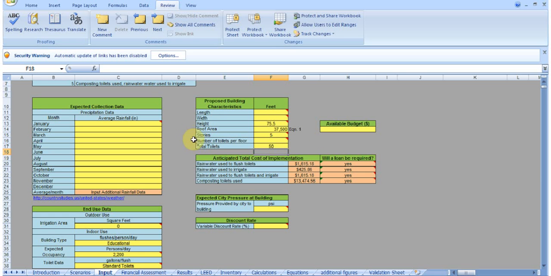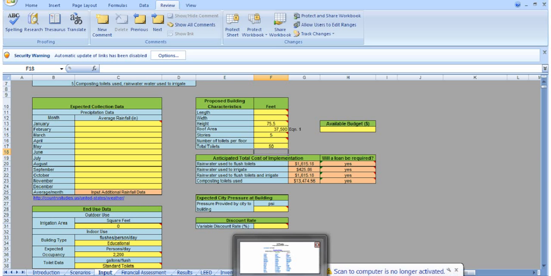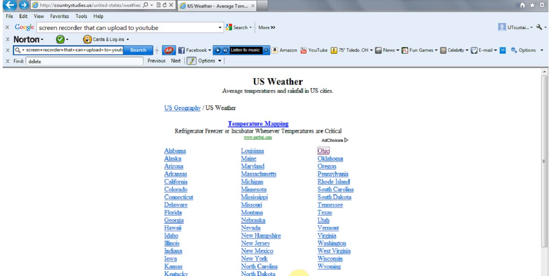Now that we have some building specifications, in order for a rainwater harvesting system to be analyzed, we need some rainfall data. That is where this expected collection data category comes into play. The collection data can be attained through this link, which takes you to the U.S. weather site. We already have that link up. We'll click it. We are in the state of Ohio,